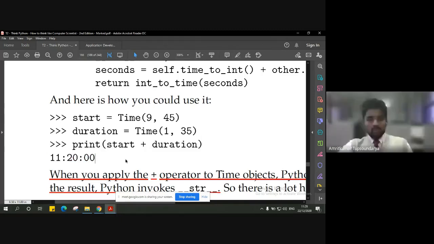So these are actually two things operating. That is called operator overloading. There are two things happening. One is that Python calls the add method when it encounters the plus operator. And also it is converting that integer value into a string value by calling the string method. So we are doing two tasks using this one operator.